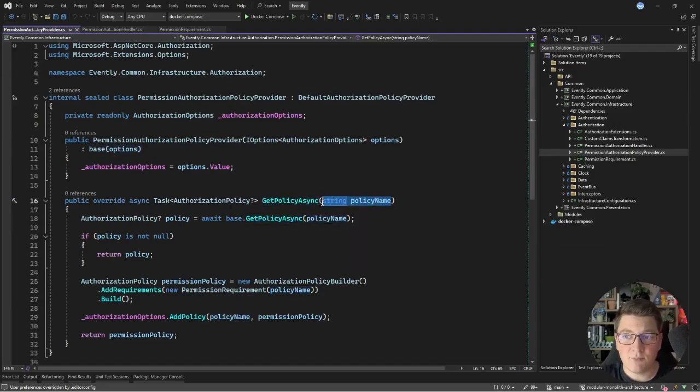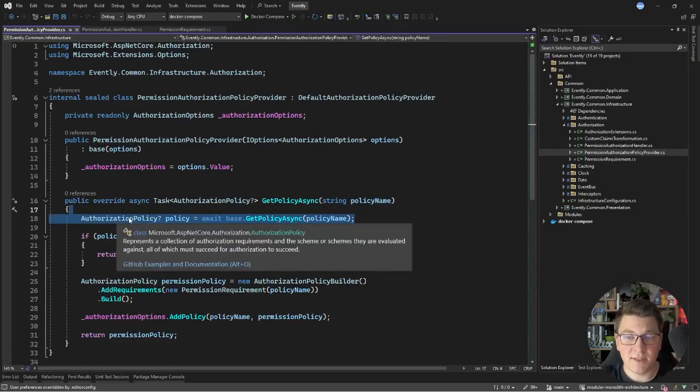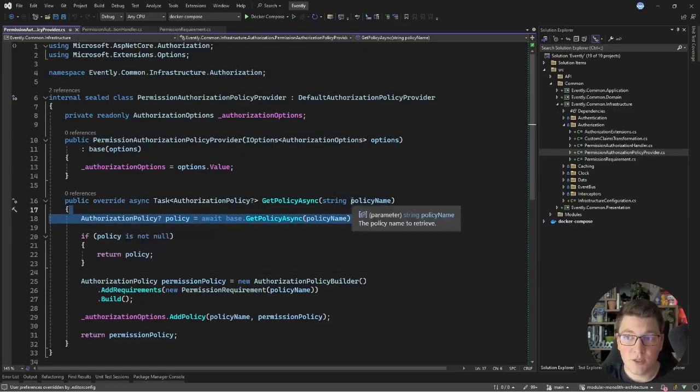The policy name provided here is going to actually match the name of the permission that we have defined as the authorization requirement for a particular endpoint. And what we try to do in this method is to find an existing authorization policy for the provided policy